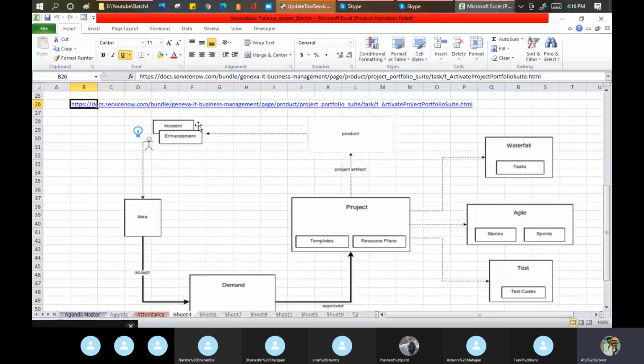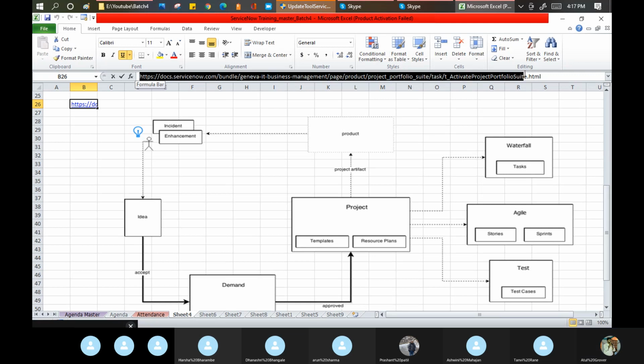And on top, you can do your enhancement. You can learn scripting, ITOM, ITBM, ATF, anything. And from the enhancement, you again get some idea and then you go for the same process. So this is the fundamental of ServiceNow about my ITBM part.